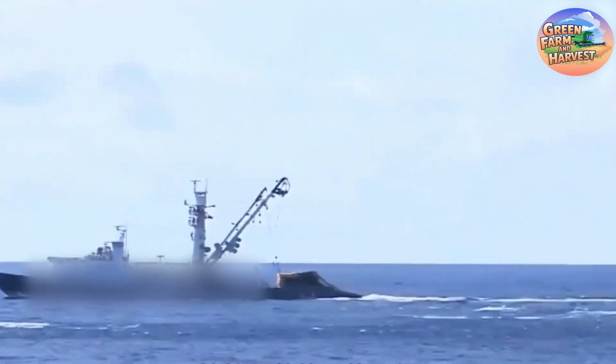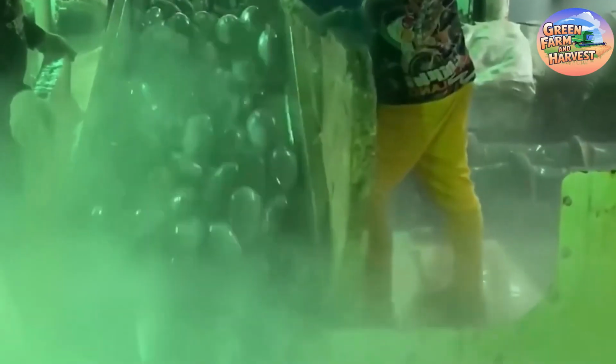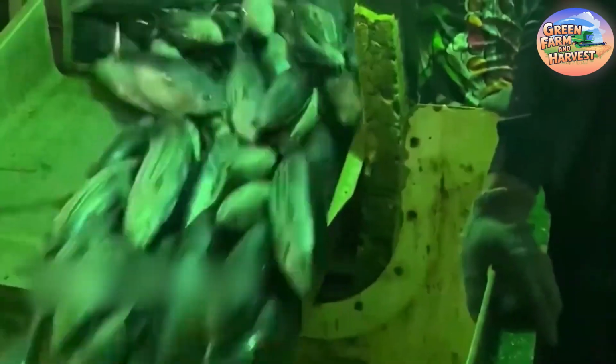It is commonly grilled, served in stews, or enjoyed as sashimi, showcasing its versatility and rich flavor. The fish is not only a